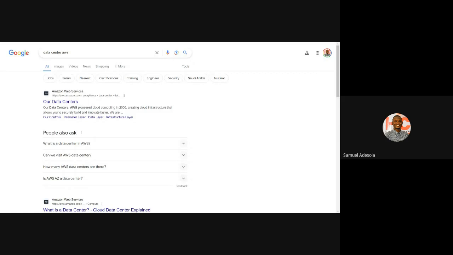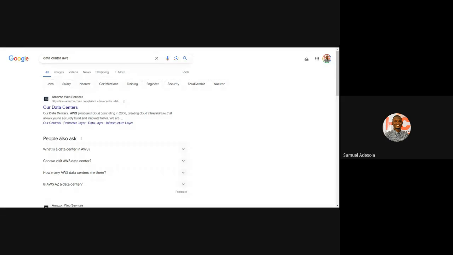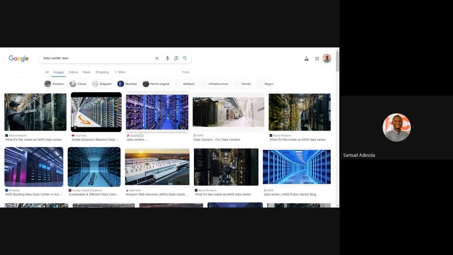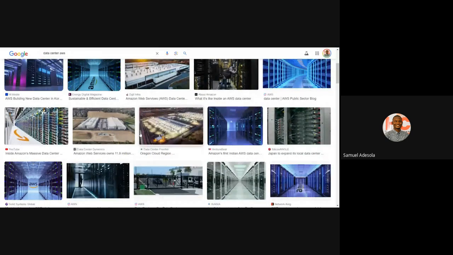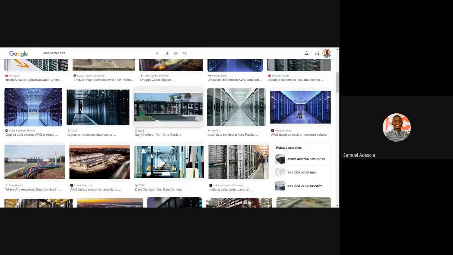What do we refer to as a data center? Data center is just where, for example, if you have Google Drive, they have all those memory cards. They are somewhere. Even though you are saving some things on your drive, it's not being saved in the sky. It's being saved in some hard disk somewhere. So the memory are actually somewhere where they are being saved. So if you search for data center online, you see something like this. So this is a data center where some of those things are.